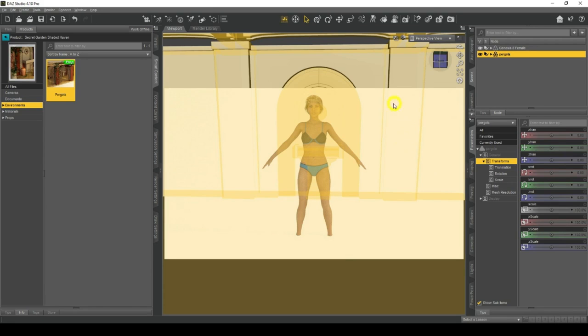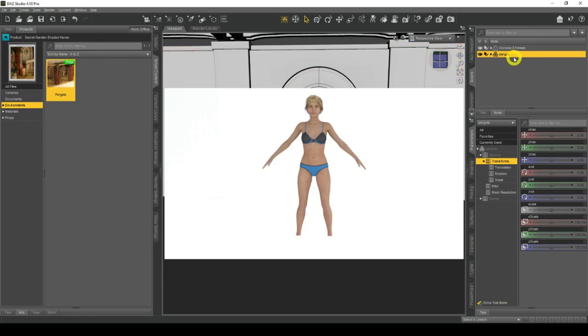So as you can see here, I'm moving my mouse around and it's all yellow and that's quite distracting. So if I click on Pergola and then click on this bit here to deselect everything, when I move my mouse, it won't select everything. Now you're probably wondering, why is the background white? Well, the reason why it's white is because Daz Studio hasn't loaded any textures or any materials associated with this